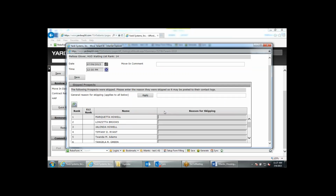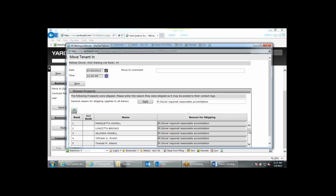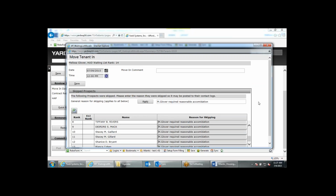Now, remember that when we were approving their application and executing their lease, there was that soft warning saying that we were going to need to provide a reason. And here is that reason now. So we are now required to give a reason why we are skipping these residents on the waiting list. Each resident will have their own field that is blue. We can type in there in a free-form field. Right. Let's say that Melissa Glover required reasonable